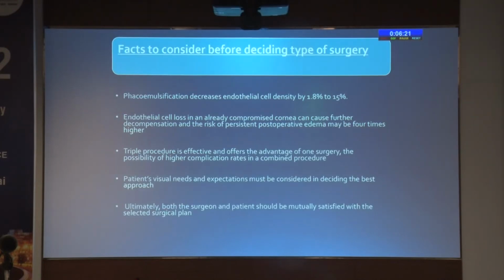Before finalizing the type of surgery, we should always keep in mind that cataract surgery alone will decrease endothelial cell density by 1.8 to 15%. So in a compromised endothelium, this decrease may be further accentuated and there can be persistent postoperative edema 4 times higher. Though triple procedure is a single procedure, which is the advantage, there is always a possibility of